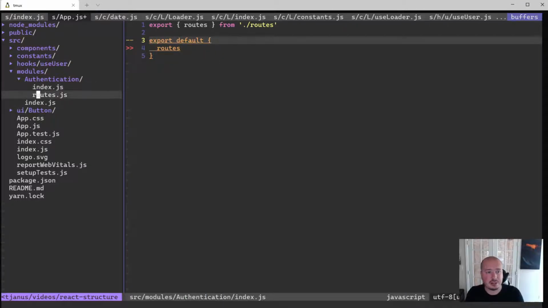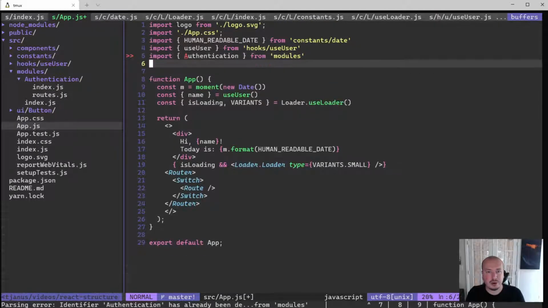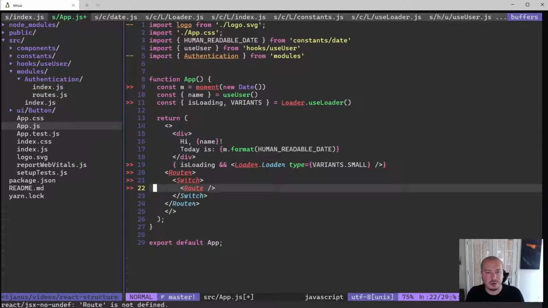So we'll just do that. We're going to import our authentication stuff this way, and we'll know that if the path is /auth,